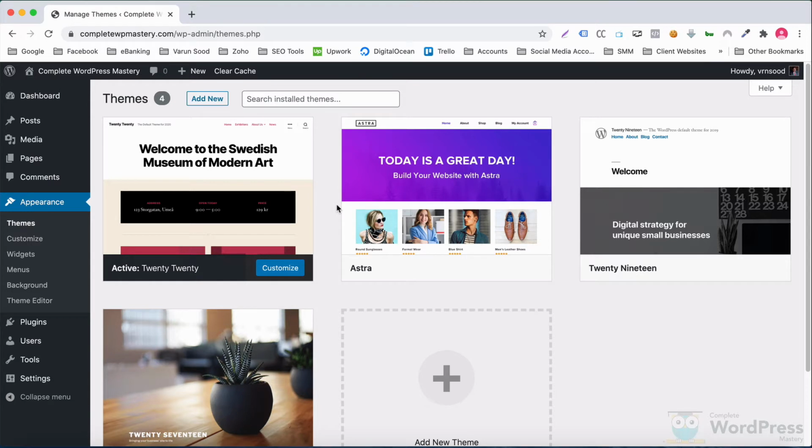In this video, we'll understand what a child theme is and we'll create a child theme inheriting from Astra. Well, a child theme is essentially a WordPress theme, but it cannot be used in a standalone manner. It inherits the look and feel of the parent theme and all of its functions, but can be used to make modifications to any part of the theme. In this way, customizations are kept separate from the parent theme's files and functions, which lets you upgrade the parent theme without affecting the customizations you've made to your website.